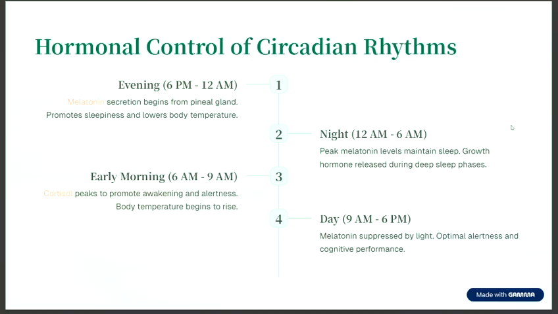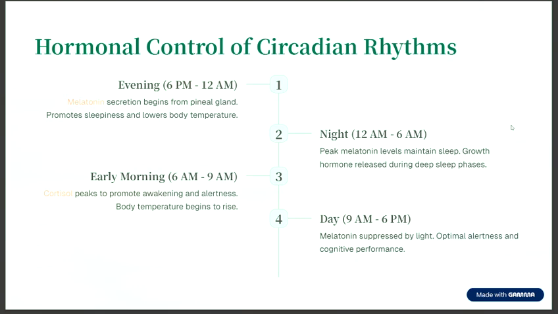Now let's talk about the hormonal control of circadian rhythms. One more thing which you should learn is about melatonin. Melatonin is its partner in crime and the hormone that tells you when to sleep. It goes up at night, making you sleepy, and goes down in the morning. So, melatonin is secreted from the pineal gland. Melatonin secretion begins from the pineal gland around 6 p.m. to 12 a.m. and when its concentration is more in